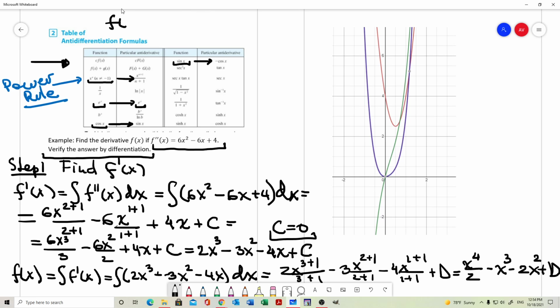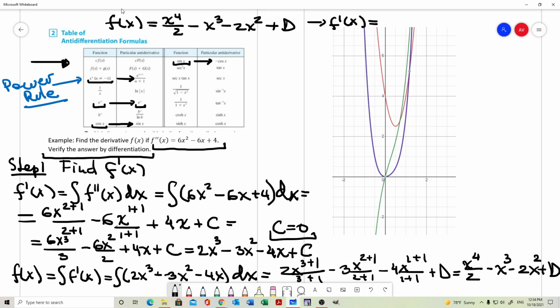So if f of x, I rewrite the result, equals x to the fourth over 2 minus x cubed plus 2x squared plus D, then the first derivative,